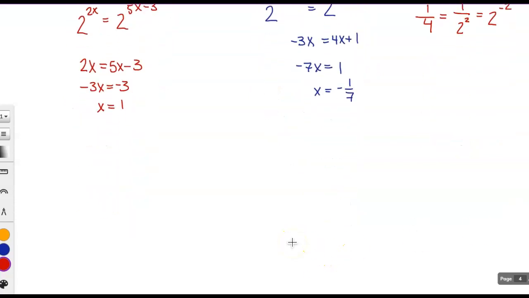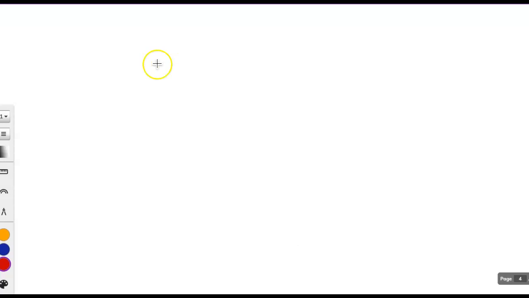The only other type of exponential that I think she'll try is something like 3 to the x minus 1 equals 7, right? And you're never going to get a same base there. So you can either take the log of both sides or the natural log of both sides. That's totally up to you. I just sort of stick with natural log. So if you say the natural log of 3 to the x minus 1 equals the natural log of 7,